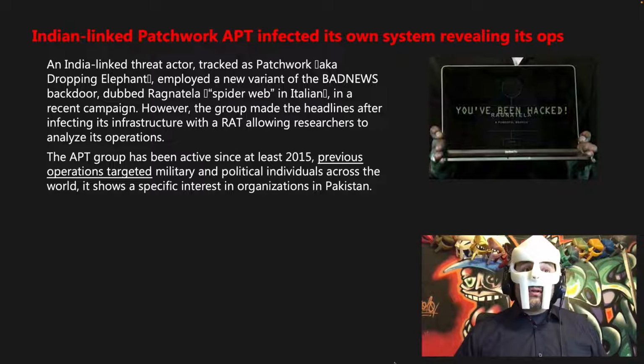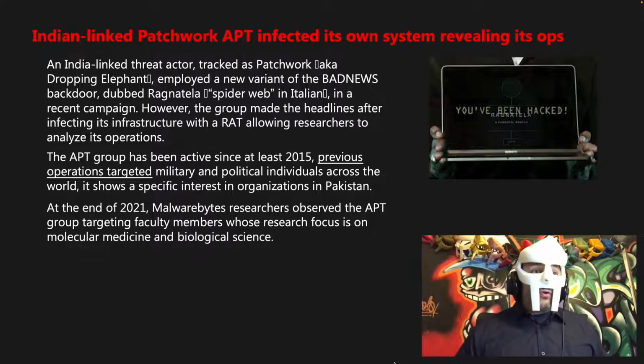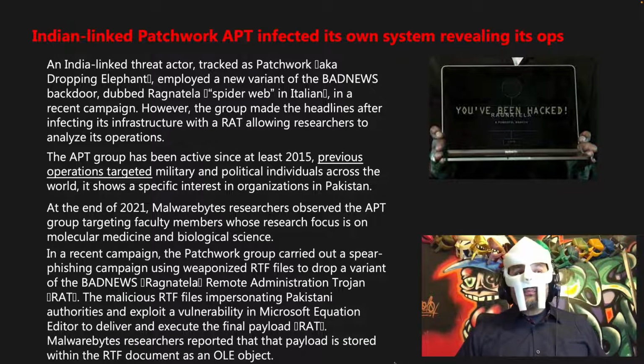Previous operations targeted military and political individuals across the world. It shows a specific interest in organizations in Pakistan. At the end of 2021, Malwarebytes researchers observed the APT group targeting faculty members whose research focuses on molecular medicine and biological science. In a recent campaign, the Patchwork group carried out a spear phishing campaign using weaponized RTF files